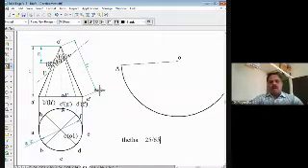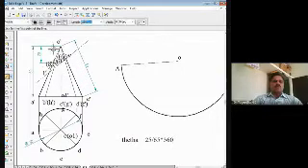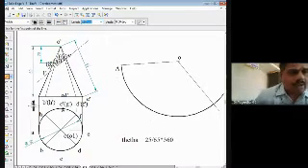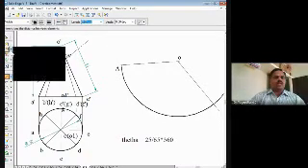You have to use r by R into 360 degrees. That is, this angle theta I have to compute. I have to draw another line from here such that this inclination theta is equal to 25 by 65 into 360.